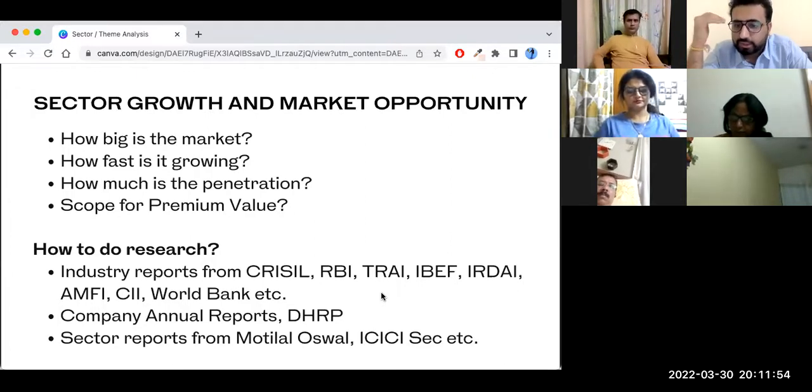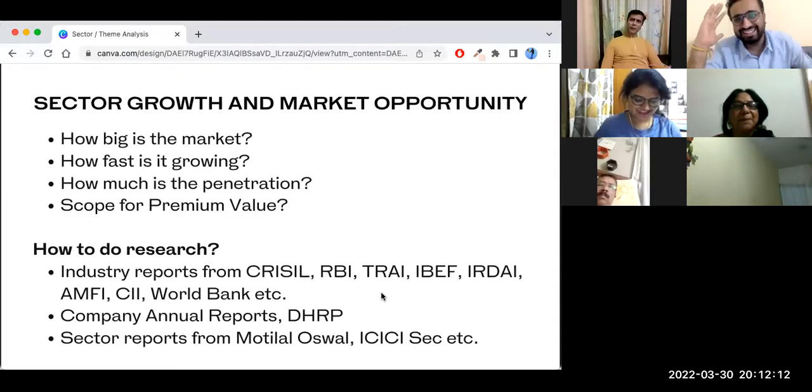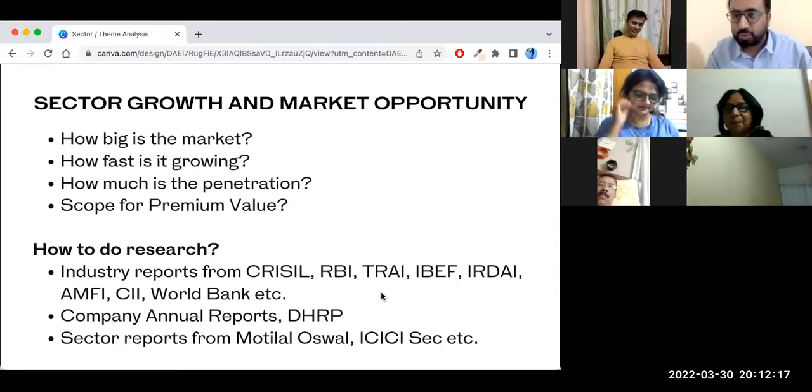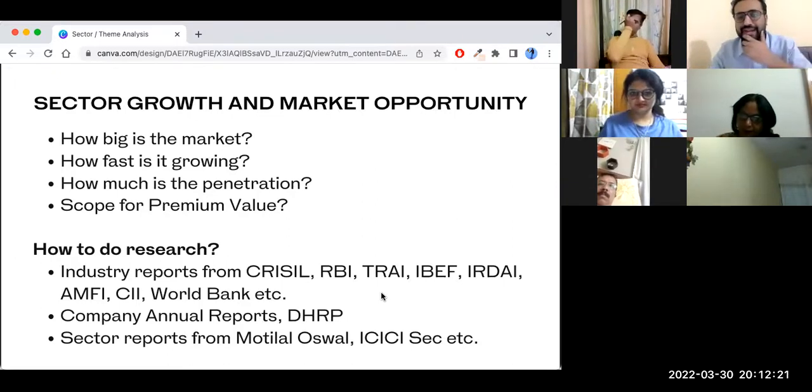Karan Singh is asking, is there any resource which combines all this research and gives a final report of a company or industry? No. Then at the end of the bootcamp you will ask, is there any person who can tell me which are the companies, and I will blindly trust him? So it all boils down to that. You have to do some hard work, because all these industry reports are scattered, right?